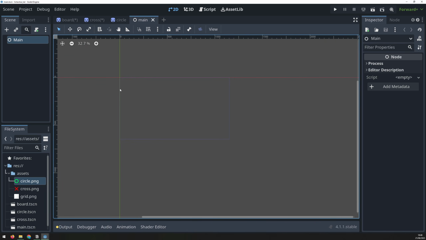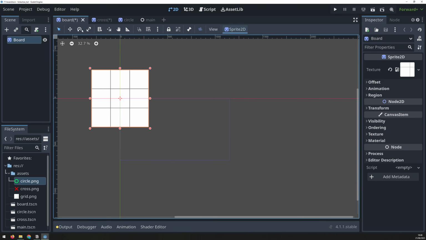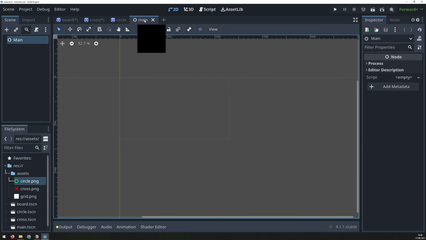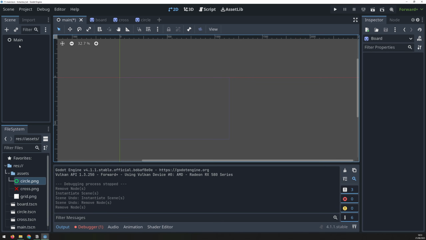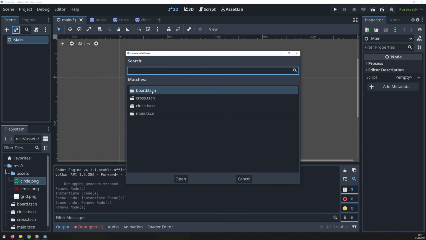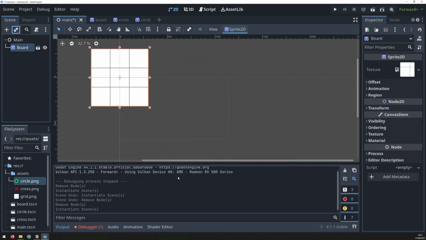So for example, the game board we want to be able to show on the screen. Now to pull that game board through, we need to instance this scene, board, into our main scene. I'm just going to bring it over here. To bring the board over into our main scene, we click on this little chain link here. So I'll select main, click the link, and then I can choose one of these scenes to bring into it. So I'll select board, click open, and now you can see the game board has come up on top of